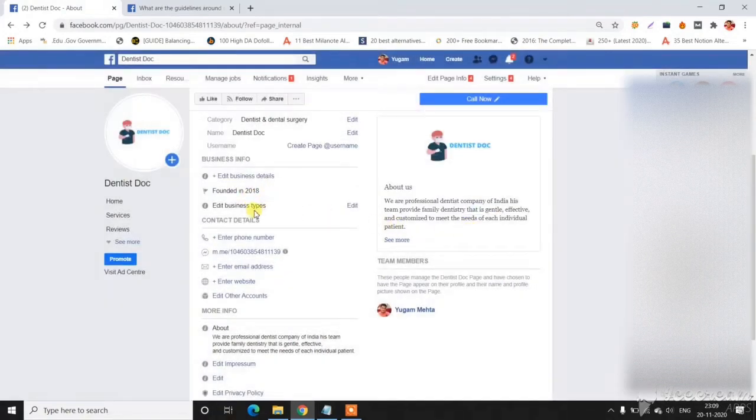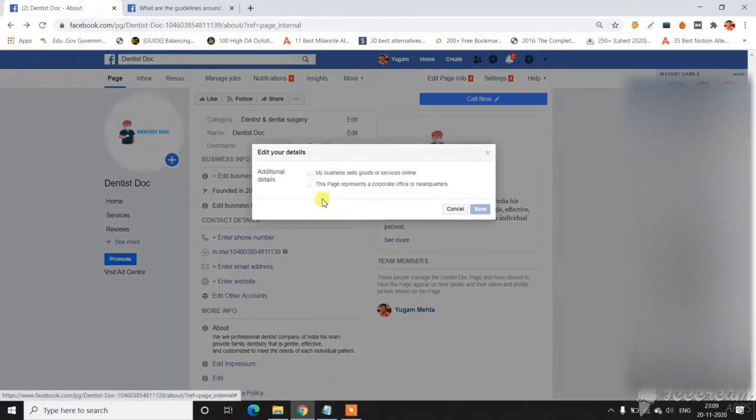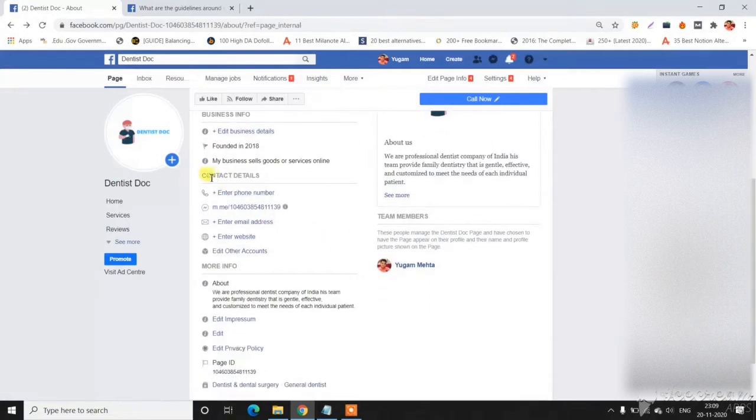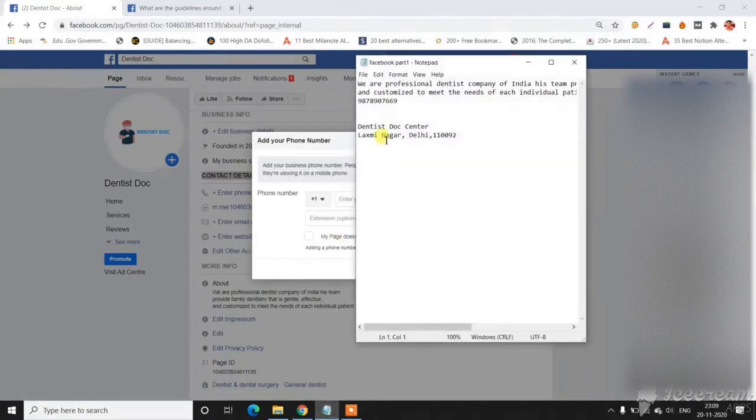After this option, click on edit business types and choose one of the options. I'm selecting the first one because I'm selling a service. Now the next option is to fill in the contact details. Then we will put our phone number here.